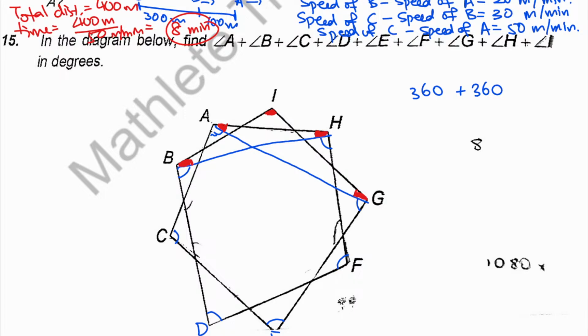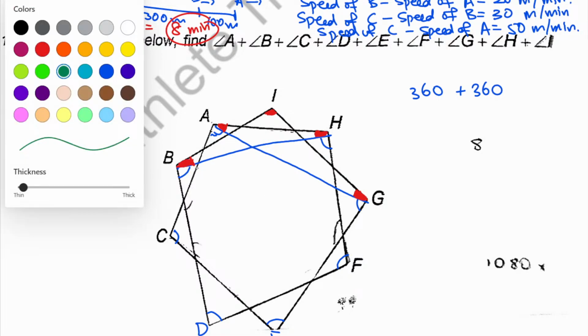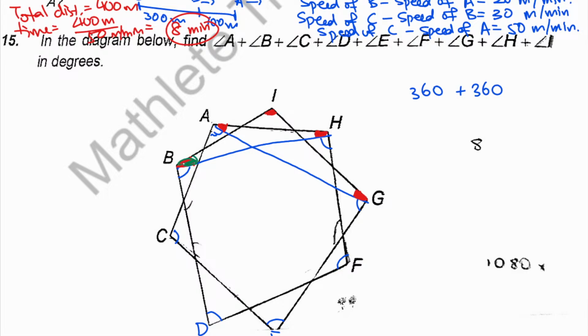Okay, so let's think about it. This plus this, so the angle at B and angle at G. Okay, let me use a different color. So this green plus green will give me